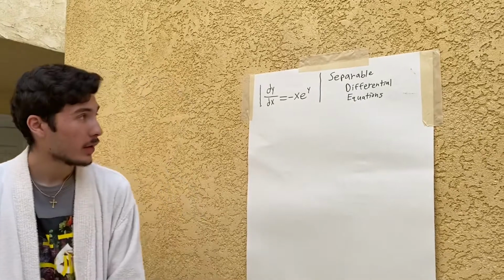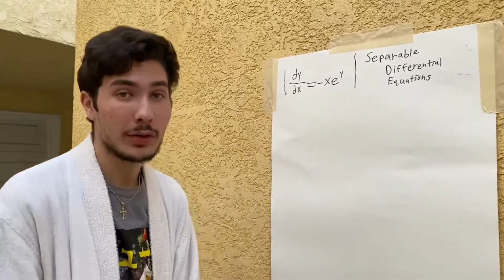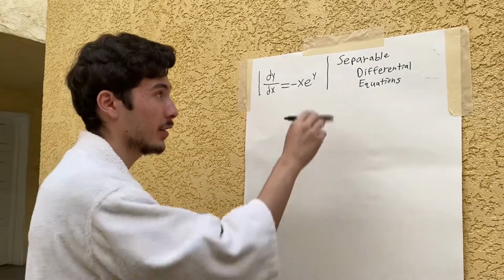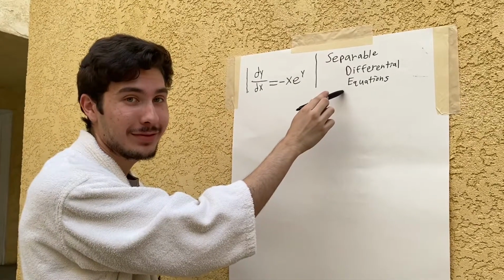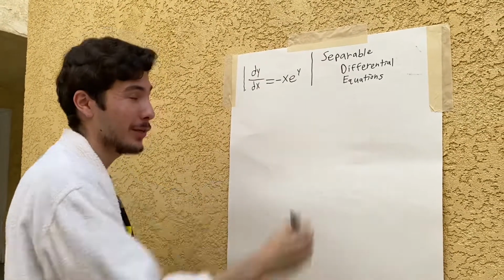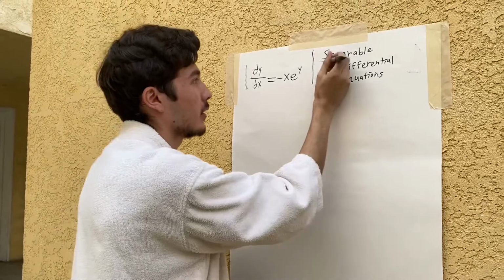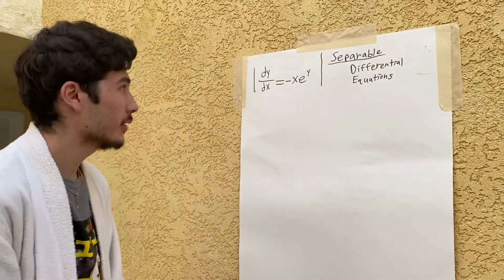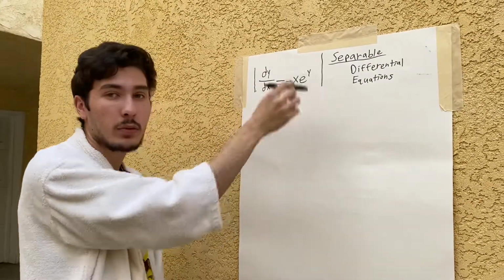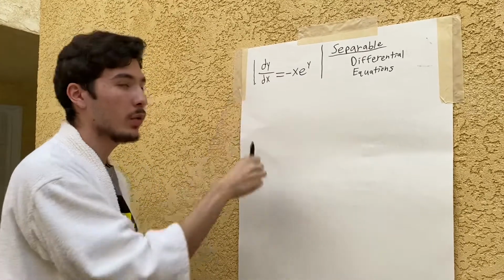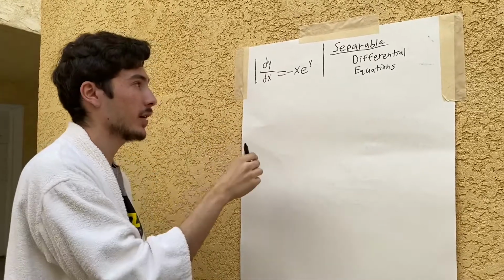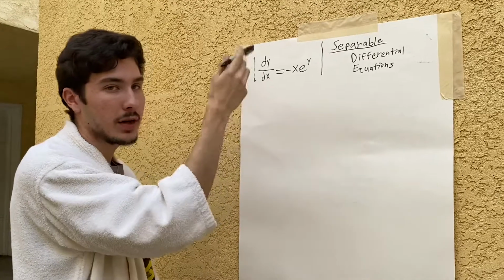Okay. So today, we're going to be looking at separable differential equations. And as you can see by the name, they're equations, but also, they are separable. So as you can see, we have two variables here. We have an x and we have a y. Now it's great, but what we want is to have them match on each side. So the x would be with the x, the y to be with the y, and so on and so